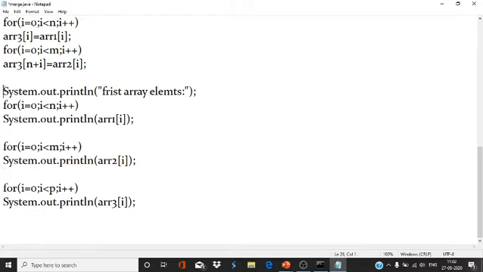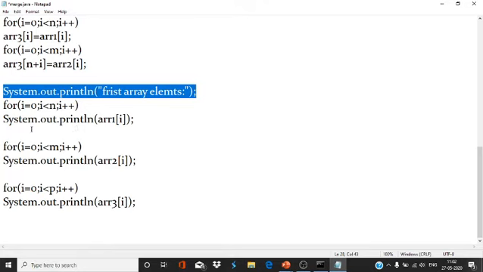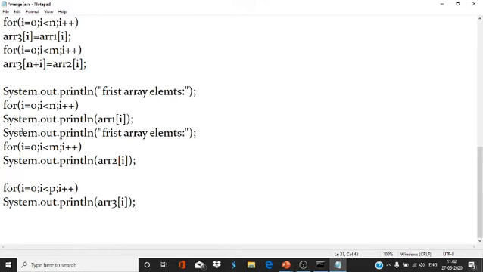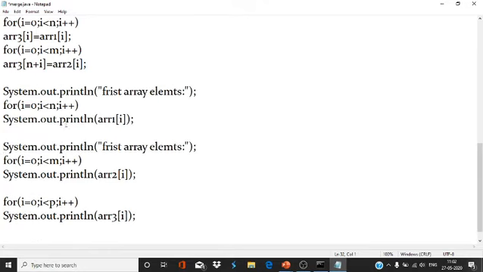First array, second array element, first array element, and after merging array elements.